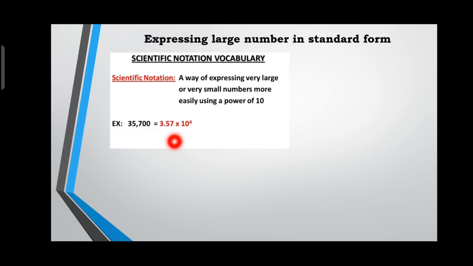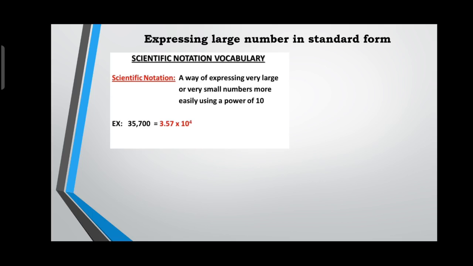So it can be written as multiplied by 10 to the power of 4. Am I clear, children? I will explain one more time. So 35,700. In this case, we have to write the standard form, which means after the first digit you keep the decimal dot and write only the numbers. Don't write the whole number, only the natural numbers. So 3.57 into 10 to the power of 4, because after the decimal dot there are 1 digit, 2 digit, 3 digit and 4 digit. So it can be written as 10 to the power of 4.